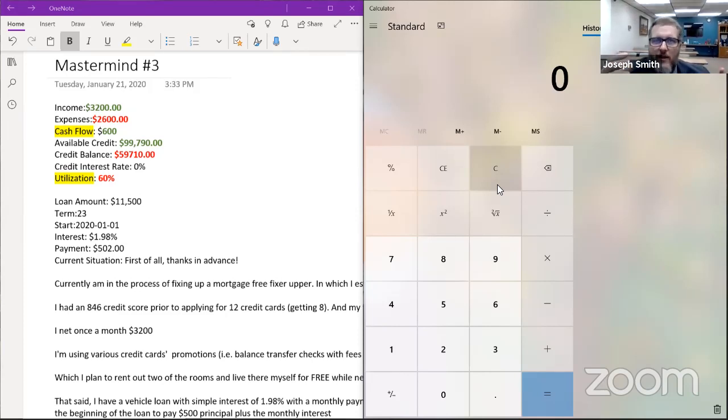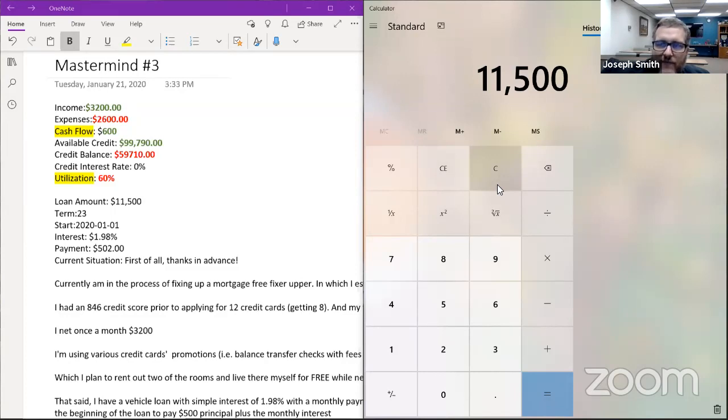This is how you start looking at things. When you look at your cash flow and you look at debt, how long is it going to take me to pay off this debt? And again, there's always the caveat, is my income going to remain consistent? Are my expenses going to remain consistent? So is there a margin of error? Sometimes our expenses fluctuate, sure. But this is just to help give me a general overall look at it.